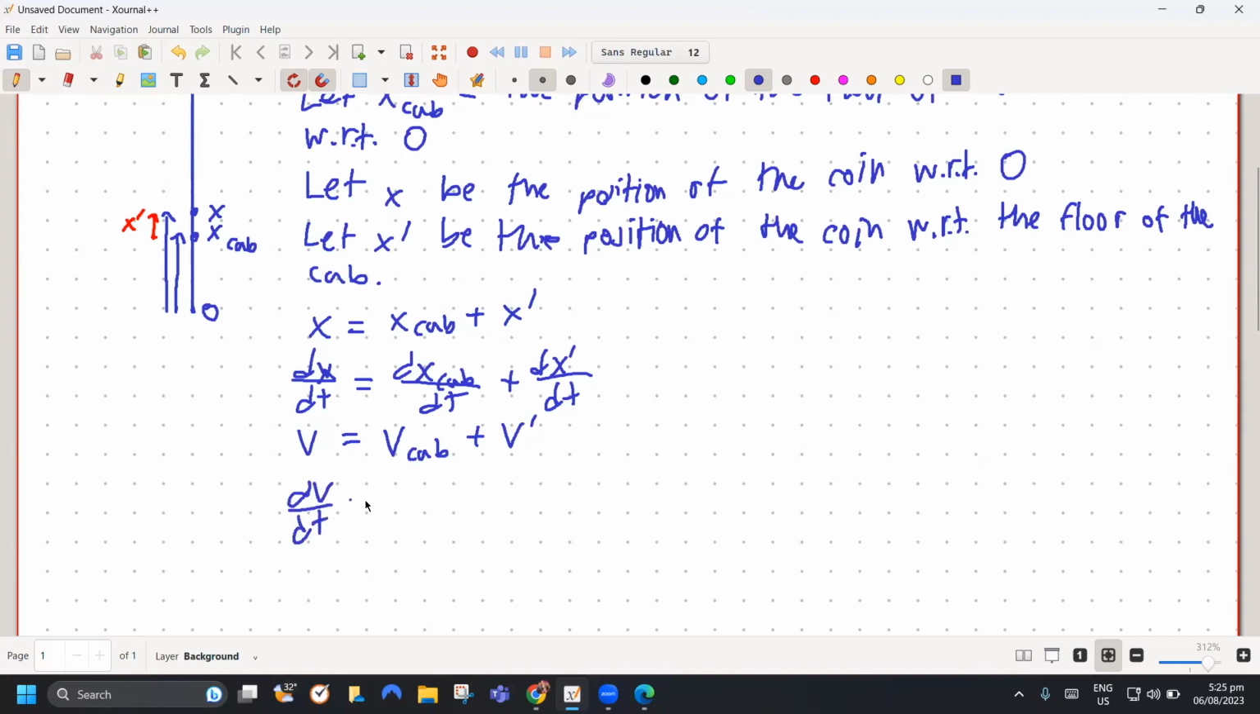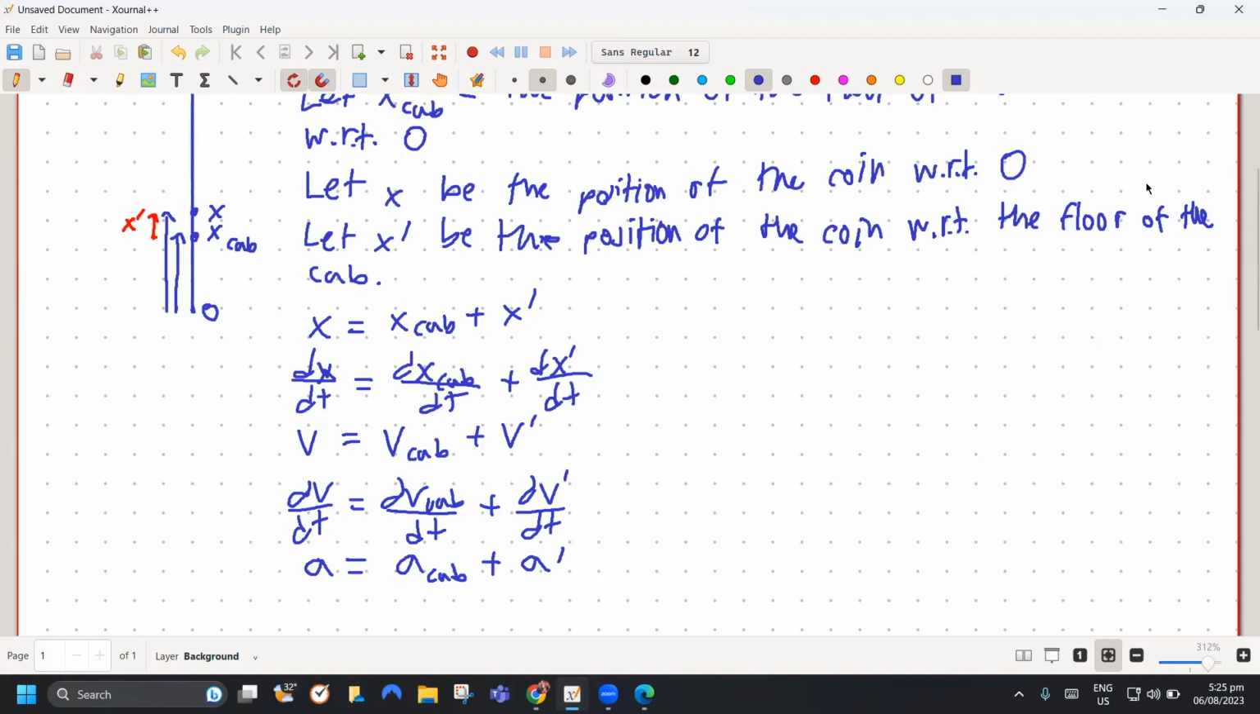so underneath, dv cab dt plus dv prime dt. Now, if the symbol we use for acceleration, the dv dt, is going to be a. So, underneath, write it down. dv dt is, so underneath, that's a, equals, what is the first term there, plus,